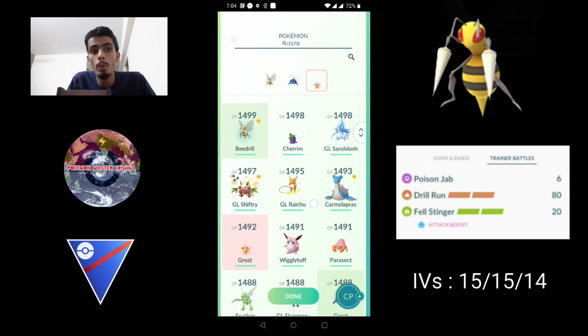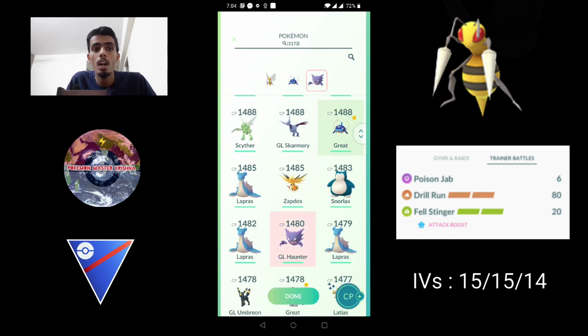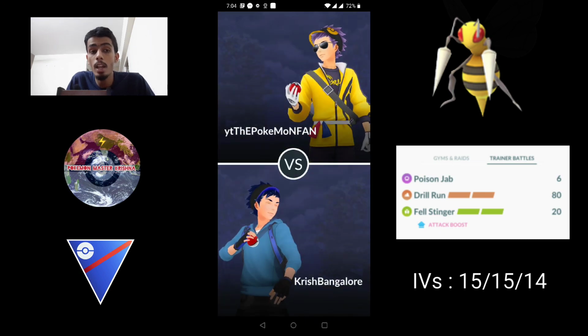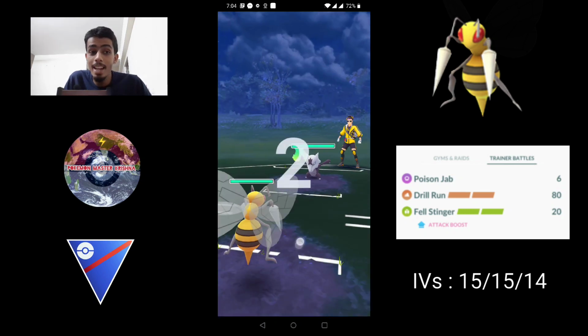You might as well run it with Whiscash or Azumarill. I think in my opinion that would be the perfect way to pair it along. Of course, if you head over to PvPoke and check, they also recommend Galarian Stunfisk. But then even Galarian Stunfisk loses to Mud Bois and fire types as well. But now they know